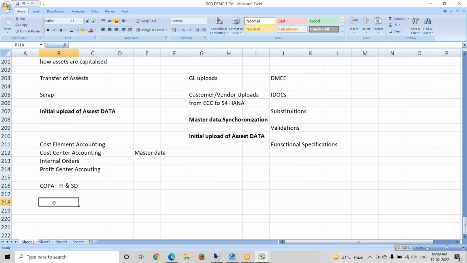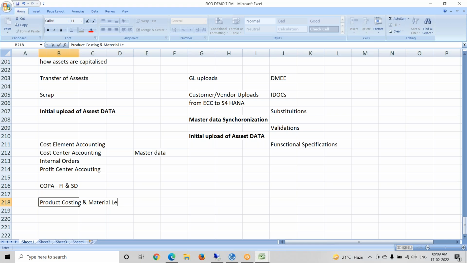To explain, I can say that even the faculties who are explaining in the market, I'm not in a defending mode, but among the people who say they are CO experts, very few people can explain CO. And product costing is a huge module again. It's an independent topic in CO, both product costing and material ledger.